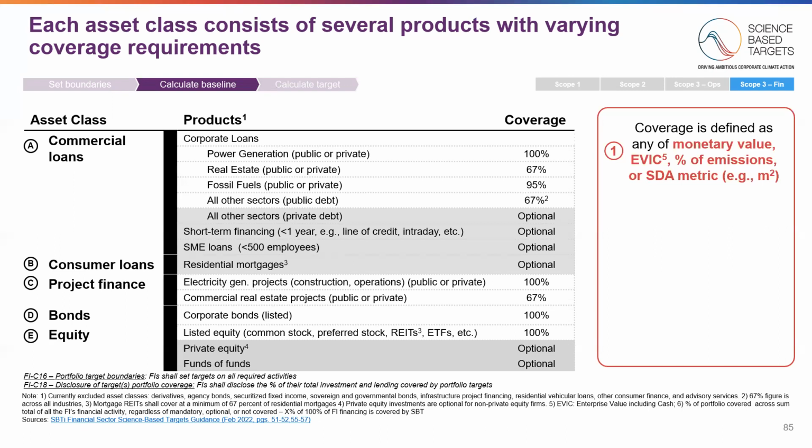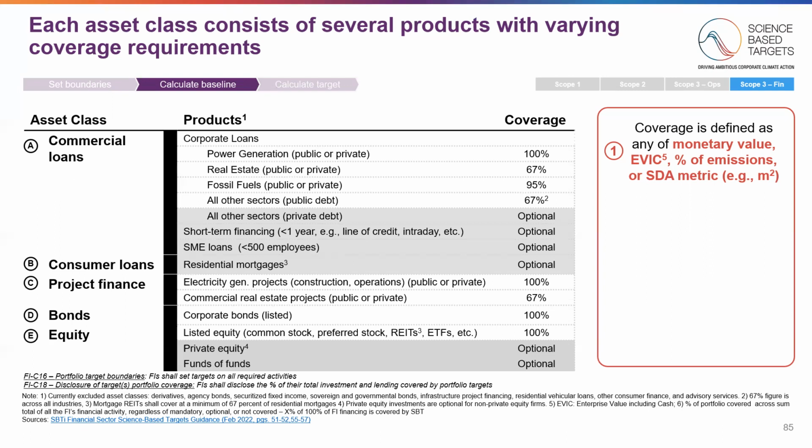Starting with corporate loans, for power generation, financial institutions are required to cover 100% of their portfolios. For real estate, the requirement is 67%. For fossil fuels, financial institutions must cover 95% of their commercial loans. While SBTI does not currently have the fossil fuel guidance published, it expects to publish this by the end of 2022. For all other sectors, financial institutions are expected to cover 2/3, or 67%, of their loans issued to listed